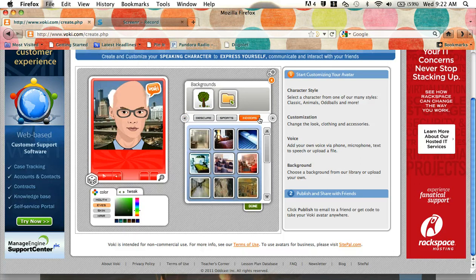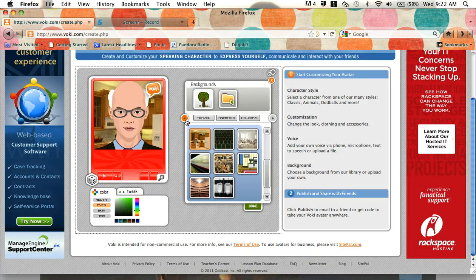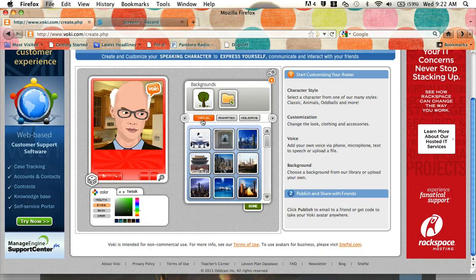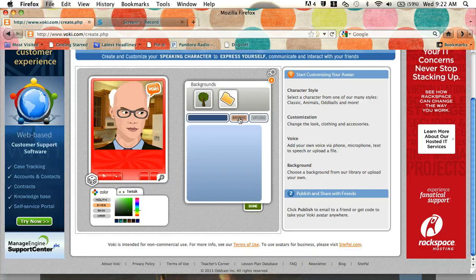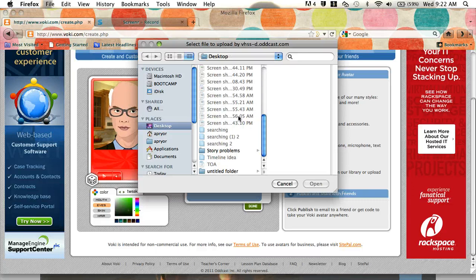So maybe I'm going to want to look at the indoors category and see if there's anything that fits what I'm looking for. I don't know that Ben Franklin needs to be in the kitchen, so I might have to really search for something that's going to be appropriate to what this project is. Now the good news is, if you can't find anything appropriate for our historical figure project, Voki also lets you use your own background. So if you had a file on your computer, you could browse for that picture file to put it in the background